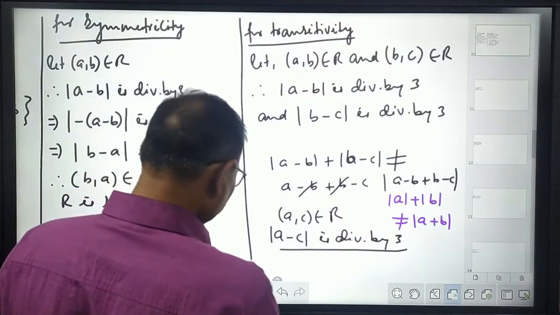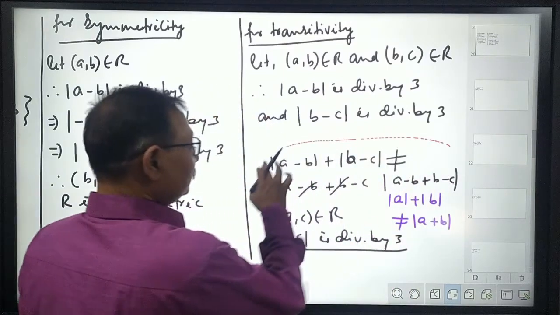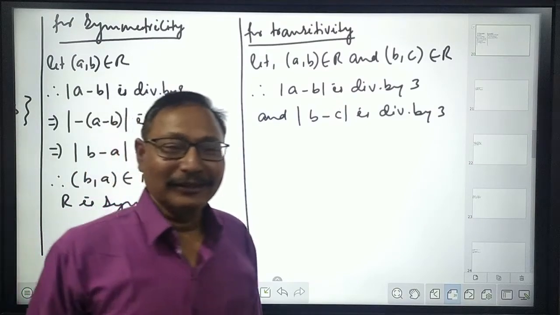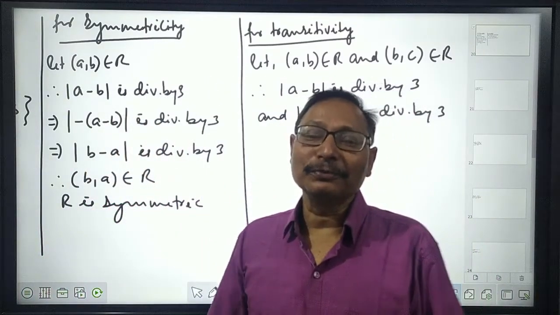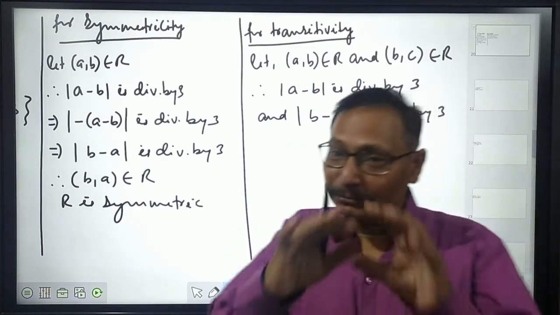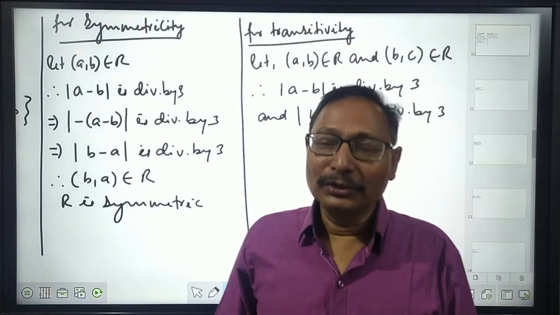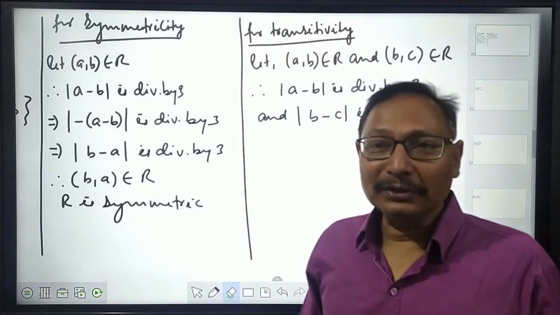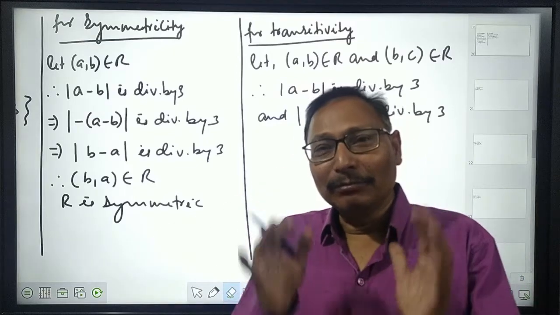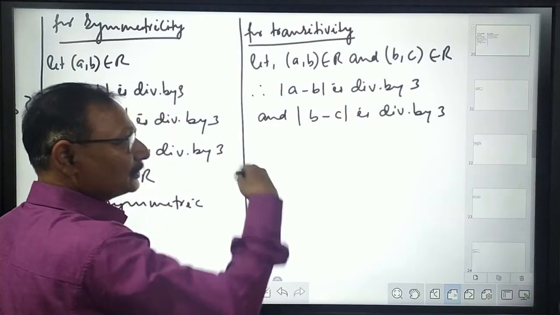So if we cannot write in this way, what should be done? It is a very easy task for you people. First of all, take it out from the modulus symbol. So you take a minus b out from the modulus symbol. That means you take it outside the modulus. It is very easy to say that we should take it out from the modulus symbol, but how can we take it out?